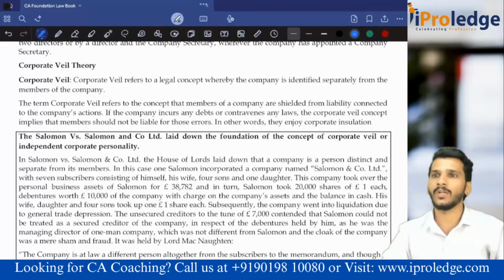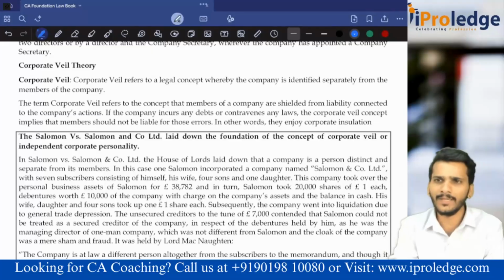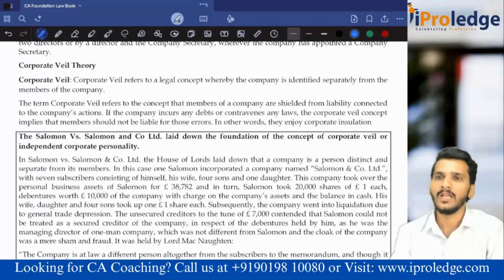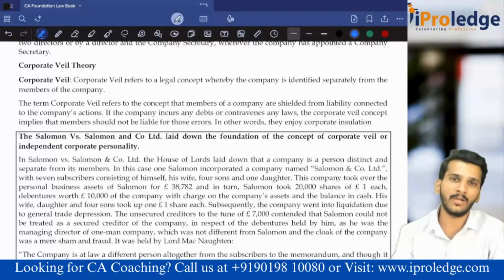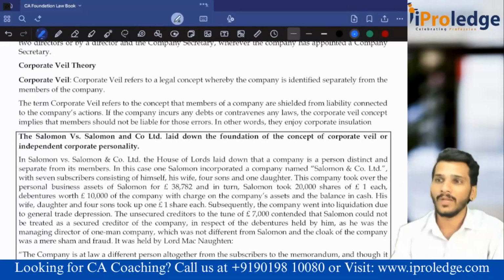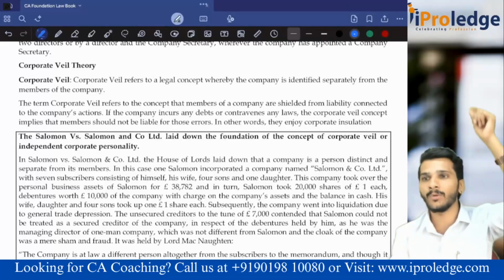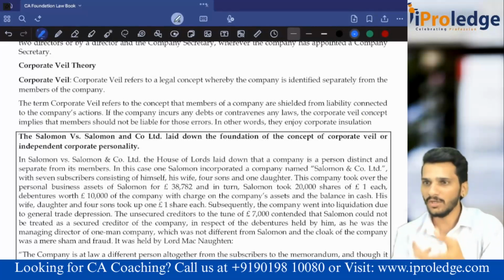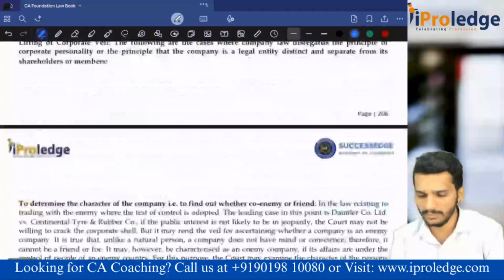Five things. Lifting of corporate veil. Why lifting of the corporate veil? See, corporate veil means it is a separate legal entity. Separate legal entity means members are not liable for company liabilities and the company is not liable for members' liabilities. But because it is a separate legal entity, sometimes members try to misuse the company. Whenever somebody tries to misuse the company, the court will lift that corporate veil. That is lifting of the corporate veil, these 5 cases. In addition to this, the court can lift it in any other case which is proved. That is not specified now. It can decide on a case to case basis. This is lifting of the corporate veil.